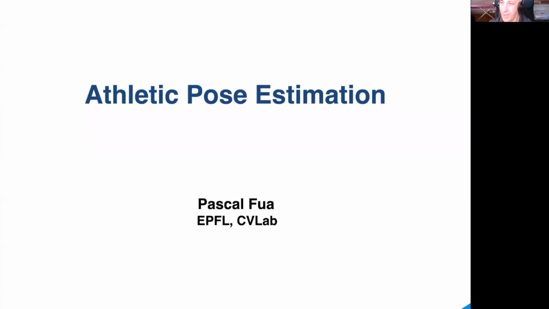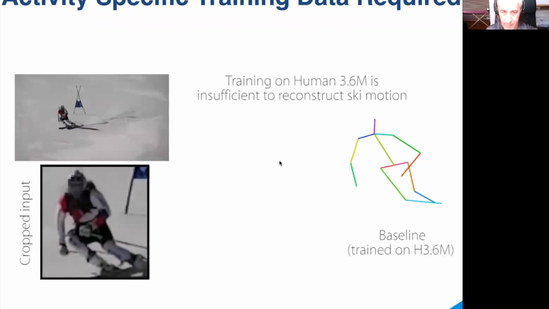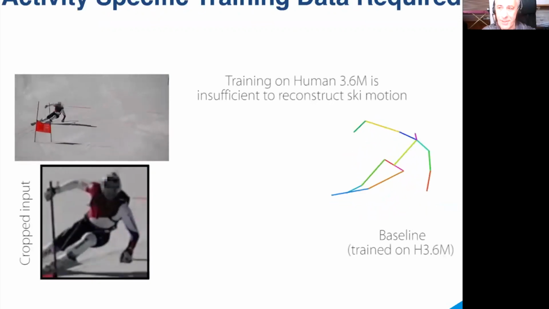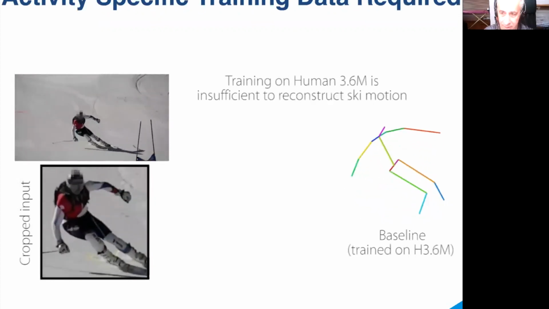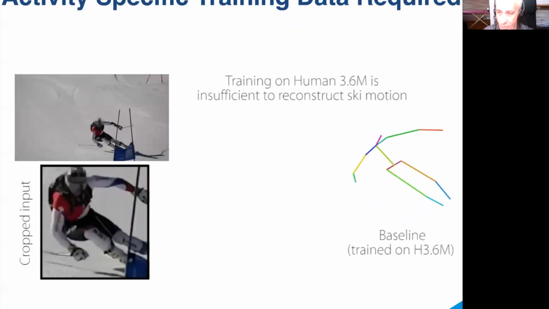Hello. Today I would like to present our work on tracking the motion of athletes using one or more cameras. Since we now have powerful deep learning architectures that can reliably track people walking around, this may sound easy, but it isn't. Existing training data sets are captured indoors or are simulated and don't generalize well to unusual activities, like slaloming.